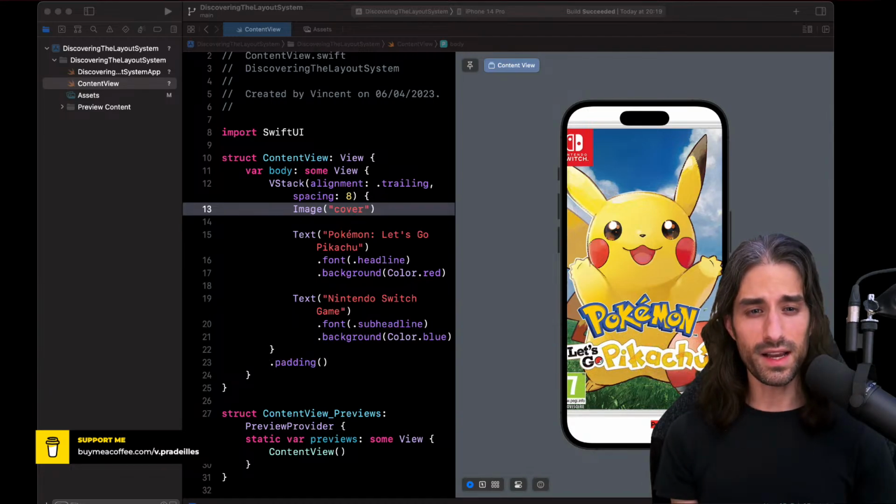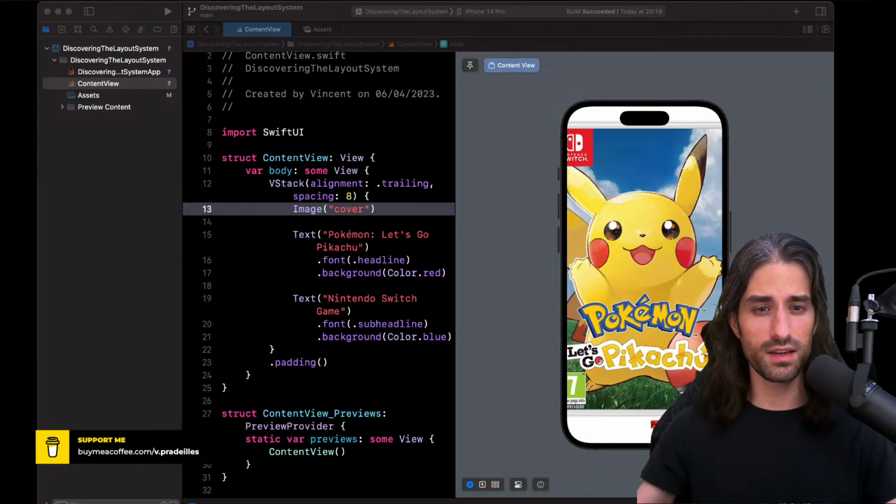It's very hard to give a clear answer because it depends on so many things. First, I would say take a look at the job offers in your local market, basically in the places where you want to apply, and see what they are actually asking for. Maybe even reach out to them to ask if possible, because you want to optimize for the jobs you want to get. And then I would say if you're a beginner, starting with SwiftUI is probably easier because it's more simple, at least on the surface.